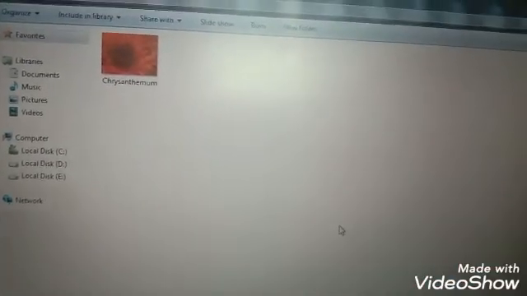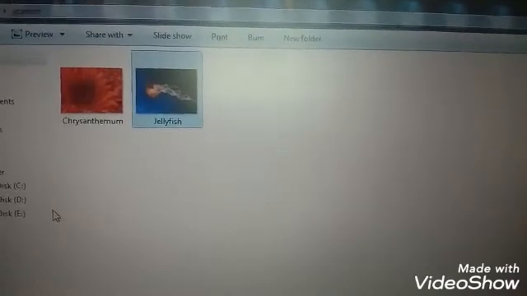We want to paste this picture in this folder. Right click by the mouse. Click the paste option. You can see that the selected file gets copied and pasted in a new location.